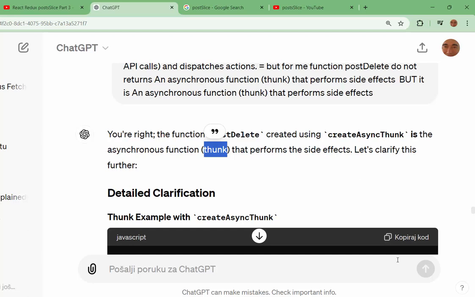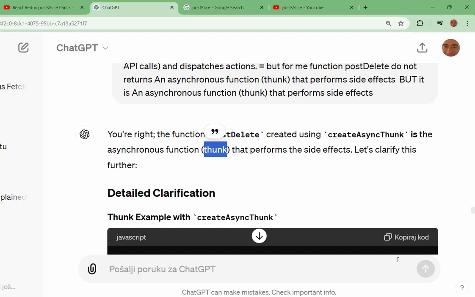And that thunk must first, there is a lot of job, make a get request, send the request to the server and receive the response data.